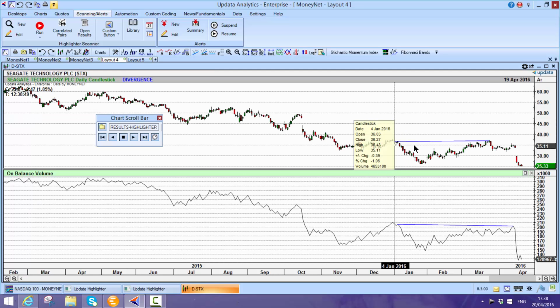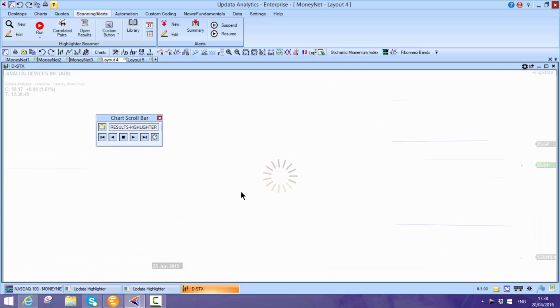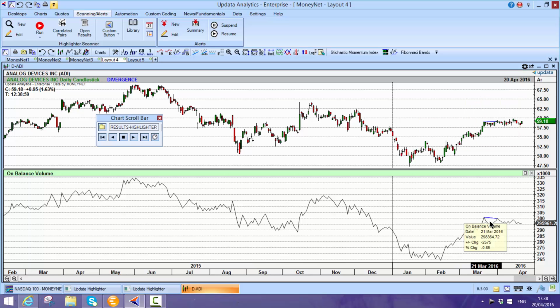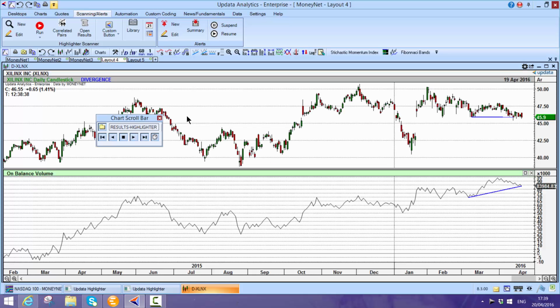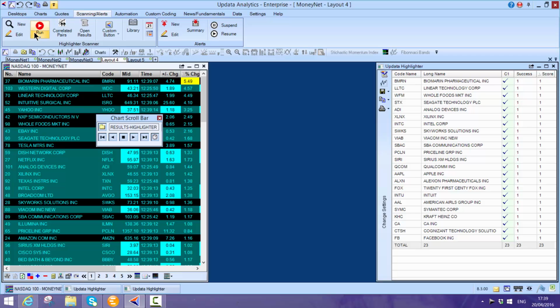And also divergence is something that's very hard to scan for. It really is, and you have to eyeball the results. But you can see here again, price rising slightly, volume not. So these are the sorts of charts that you might want to get to, and you can write any criteria you want. So here we see price volume, but volume rising. So just a powerful scan,